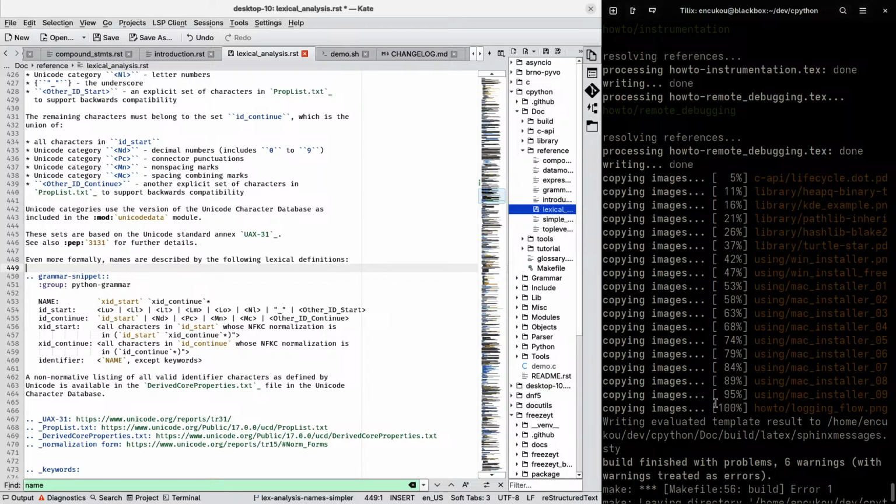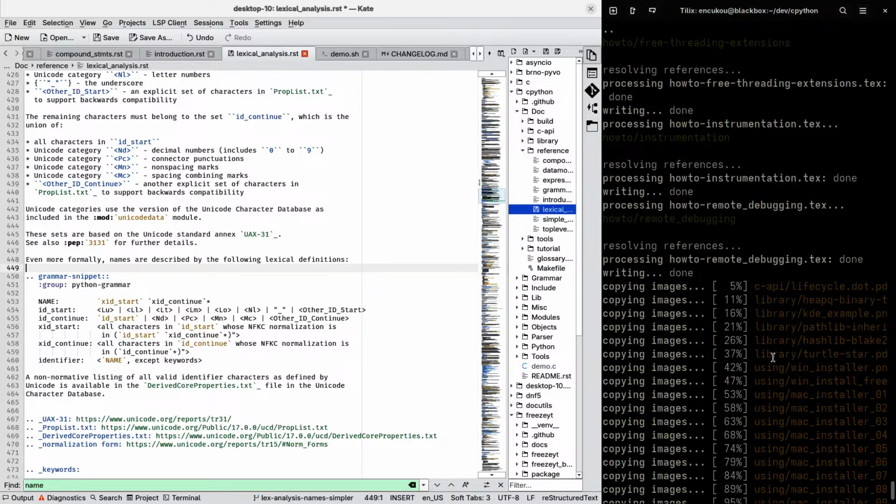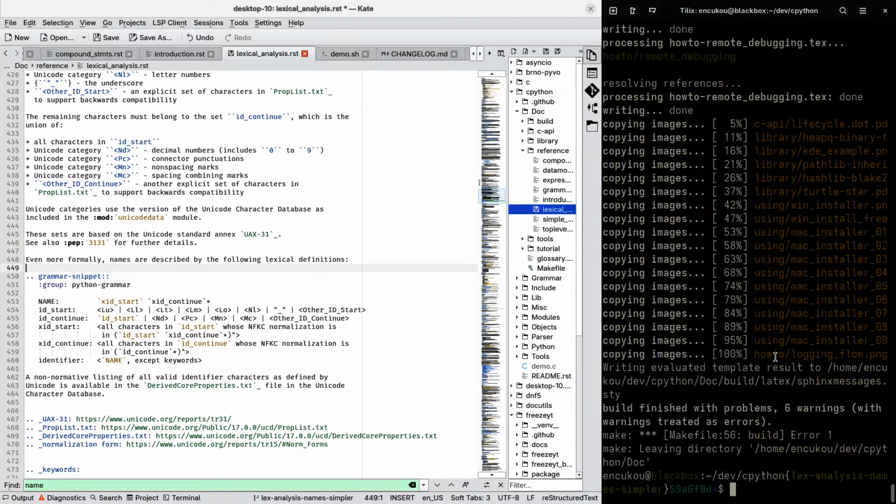Okay. So yeah, you get that working, and somehow make that faster and less expensive. Could you do a multi-threaded build? You would need to optimize the LaTeX build.